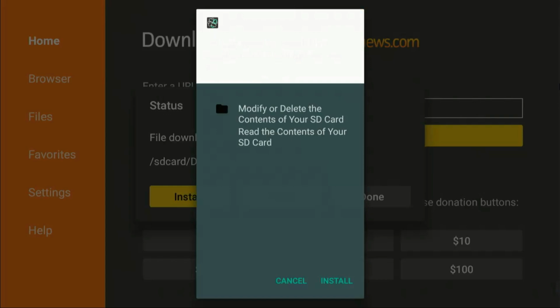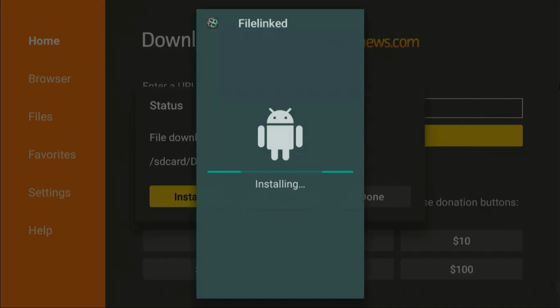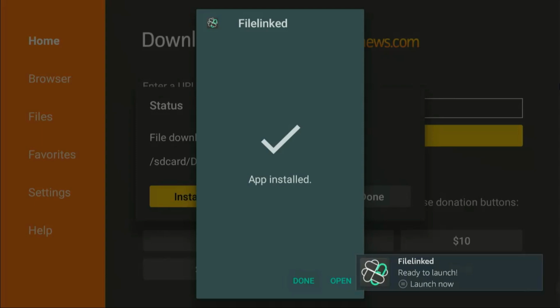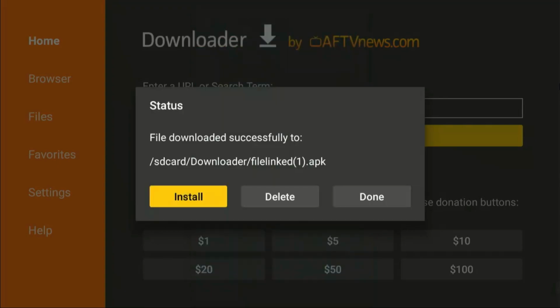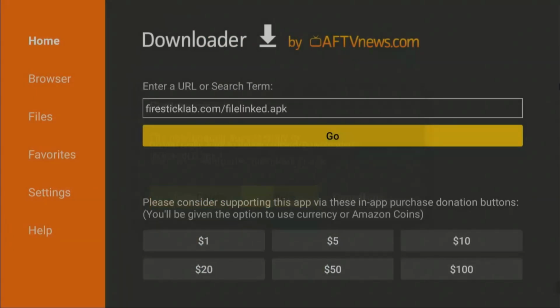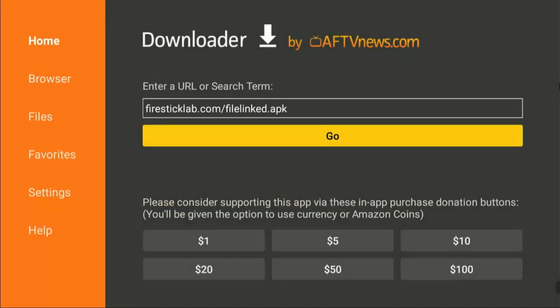Now click on install button for installing Firelinked on Firestick. And here as you can see, Firelinked has been installed on our Amazon Fire Stick device. Now you can open Firelinked from here and also from home. So after installing Firelinked, click on done button, delete APK file. After deleting APK file, go back to the home screen by pressing the remote home button,